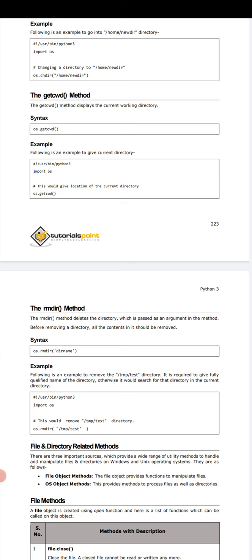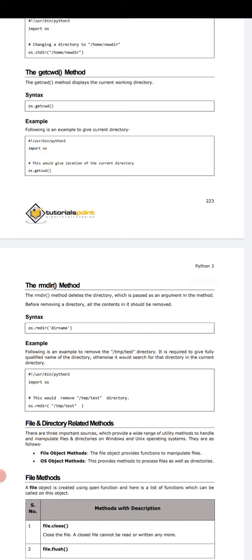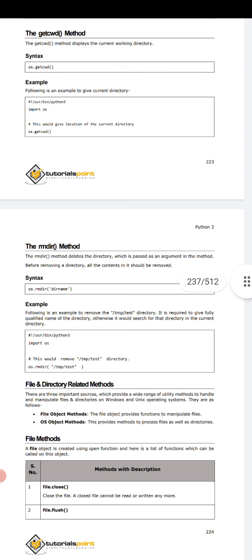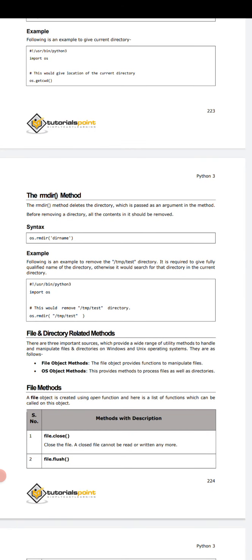The rmdir method deletes the directory which is passed as an argument in the method. Before removing a directory, all the content should be removed.